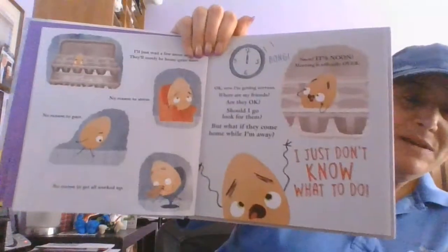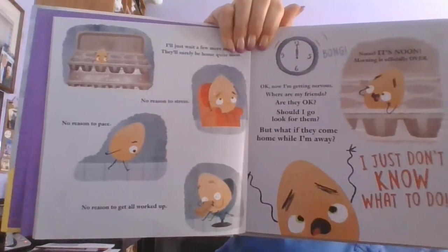And it's noon. Morning is officially over. So his friends have not come back, and he is scared. What if something happened to them? Should he go look for them? If he does, they might come back on their own, and he'd still miss them. Meanwhile,